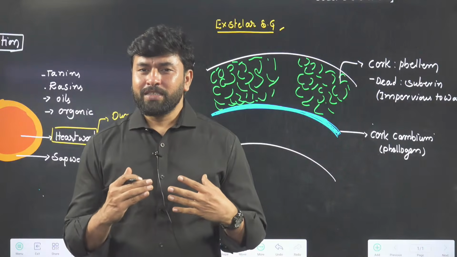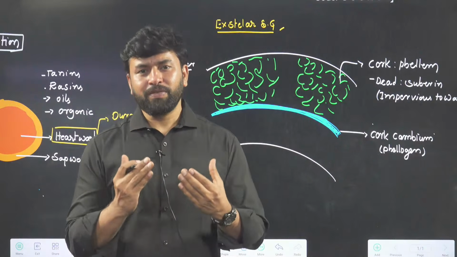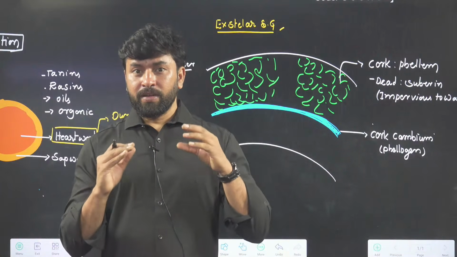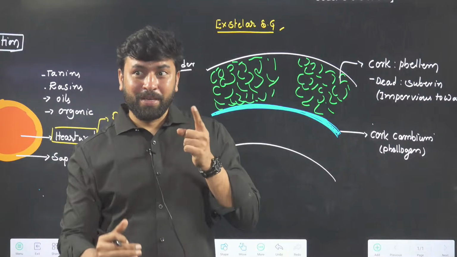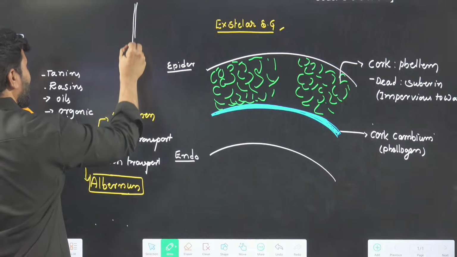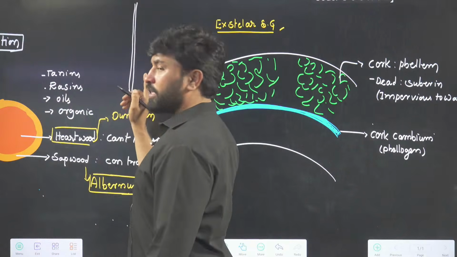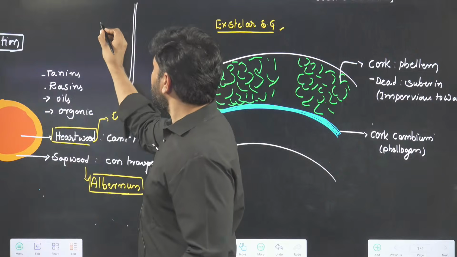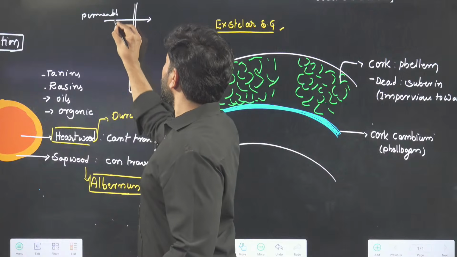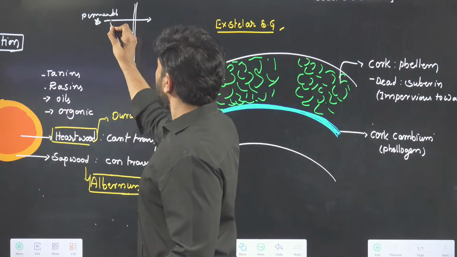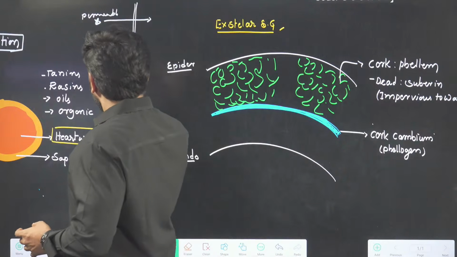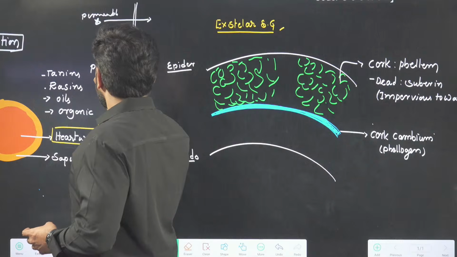If I say something is permeable, that means it will allow them. Something is pervious, something can pass through it. Be careful with that word. Take a membrane or a layer. If I say this membrane is permeable, it means the matter that is passing would be allowed by the membrane to pass. If I say this is pervious,